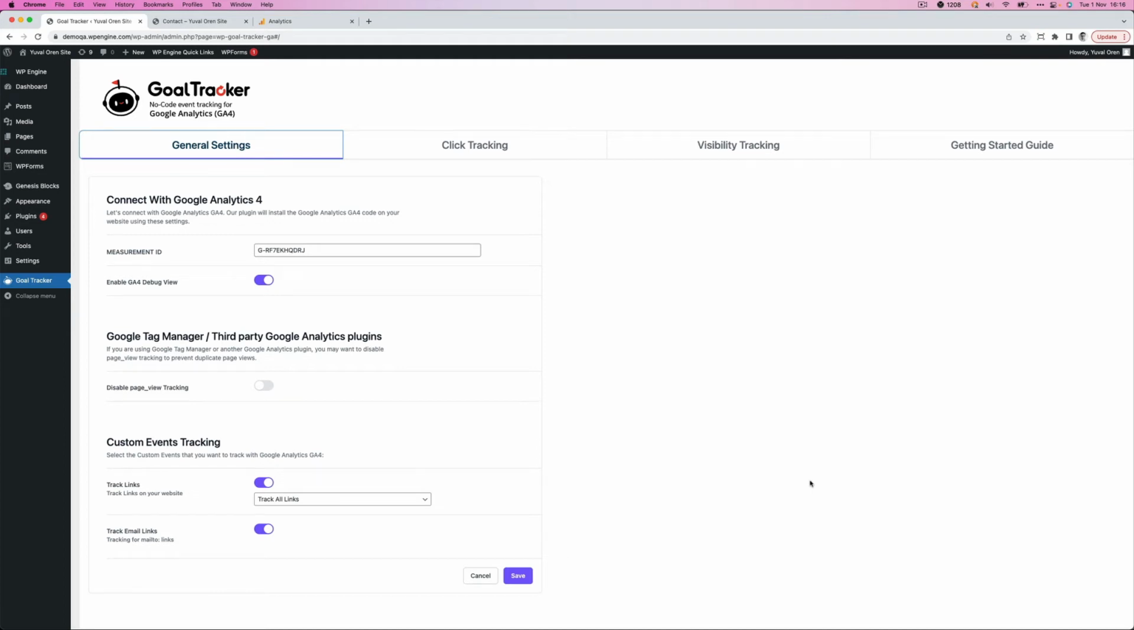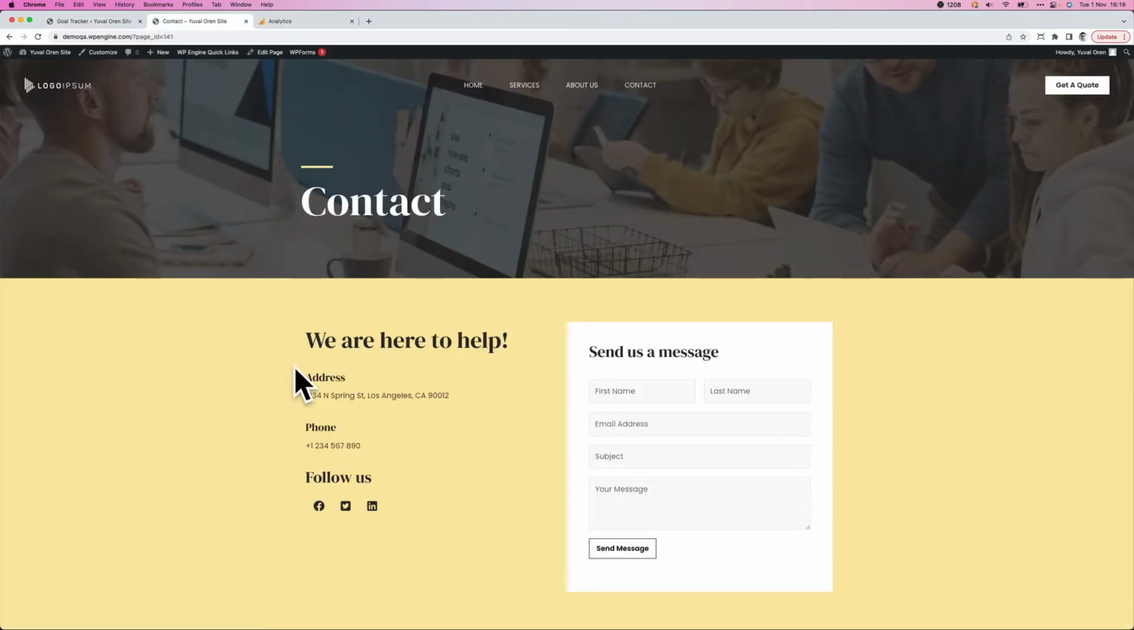GoalTracker for Google Analytics GA4 is a no-code tool that helps you with event tracking. In this video, I will give you a short rundown of the plugin and show you what you can do with it. In this scenario, let's say that we have a lead generation form and we want to track two